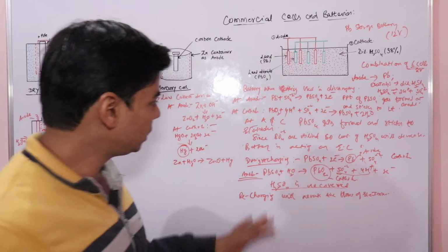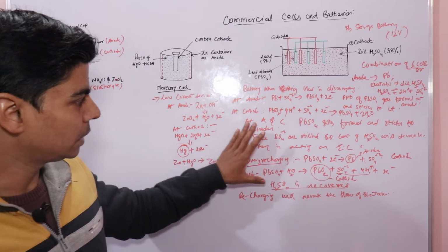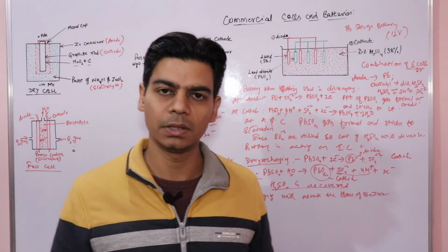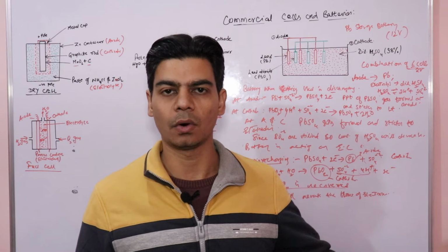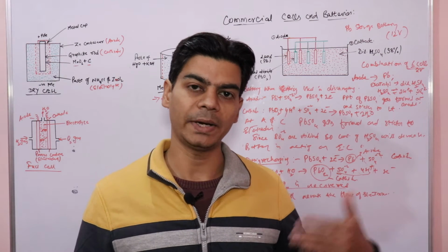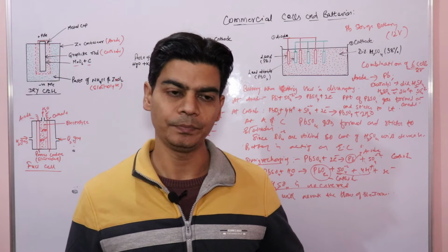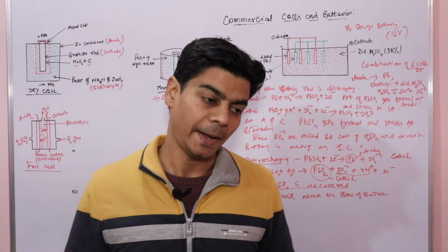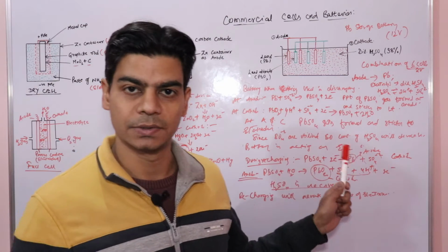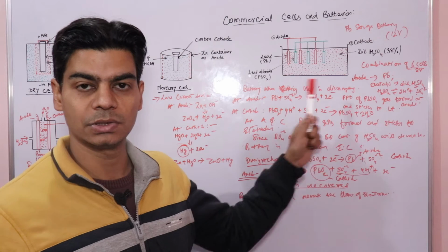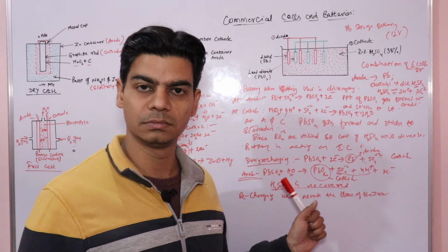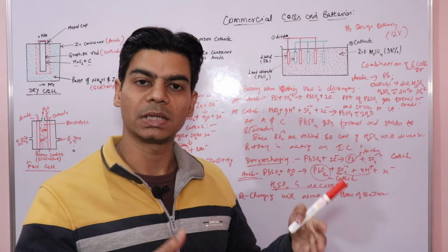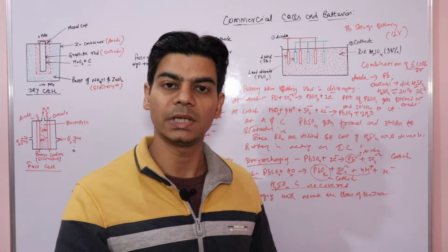So one thing that we didn't discuss here is a small thing. When the battery is getting used up, that is when the battery is connected to an inverter or connected in a car or any automobile, the battery is providing electrical energy. So the battery is acting as an electrochemical cell, as a galvanic cell. And when the battery gets discharged and we connect it to a direct current source, maybe a generator, then we are passing current into the battery, into the cells.